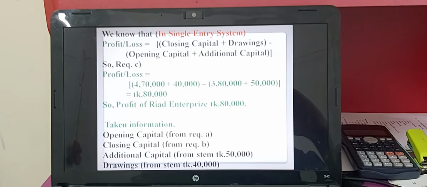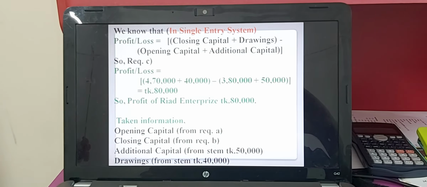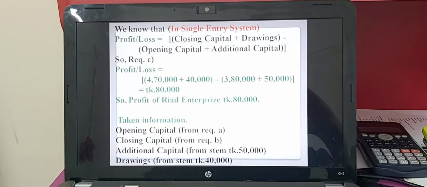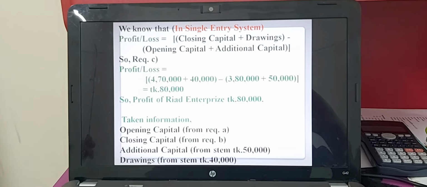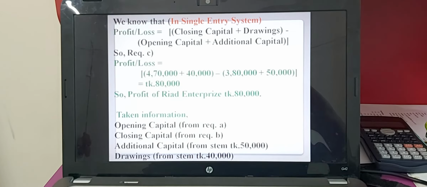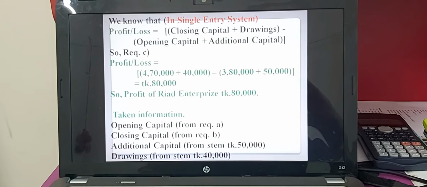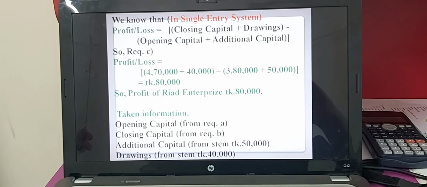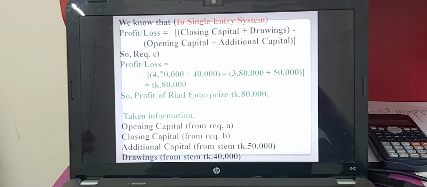Closing capital you can take from requirement B. Closing capital you have already answered in the second requirement, that is the amount of 4,70,000. And drawings is the amount which is taken by the owner from the business. This amount is available in the stem, Taka 40,000. So 4,70,000 plus 40,000